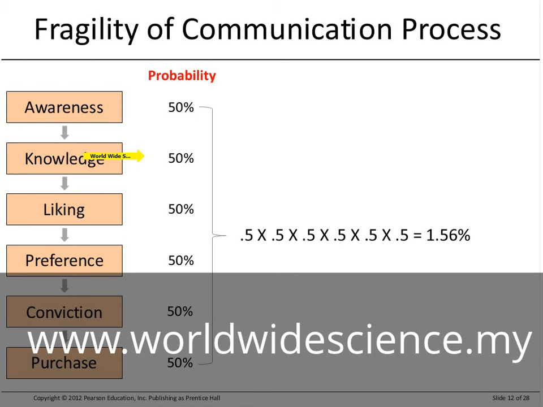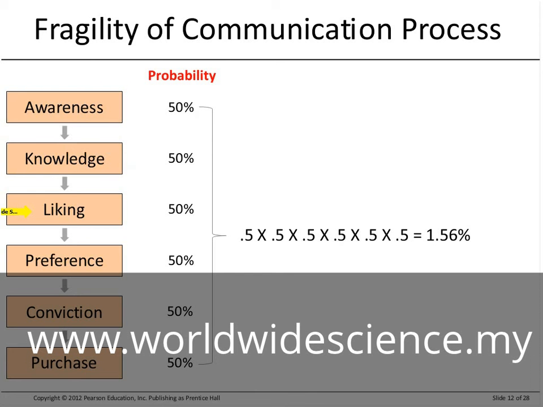You can make your target market audiences aware. After that, just 50% of them maybe can get enough knowledge about your product or your company through catalogs and brochures. After that, just 50% of them will like your product, and 50% and